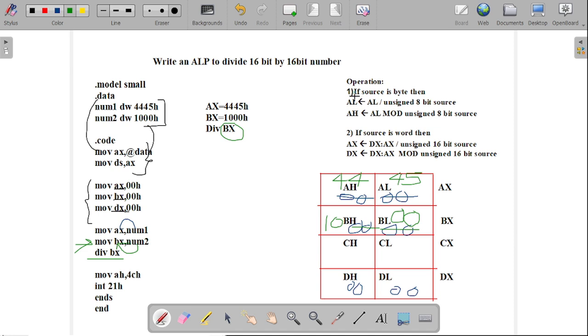So the first operation is if the source is byte, and the second operation is if the source is word. So here in this program, this second condition is satisfied, that is, if the source is word. So we have to check these two operations, that is, how the quotient and remainder will be stored. Here if the source is word, suppose our BX is a 16-bit register, then it is called a 16-bit unsigned source. So we take here AX is equal to DX:AX divided by the unsigned 16-bit source. So we are storing the quotient in our AX register and the remainder in our DX